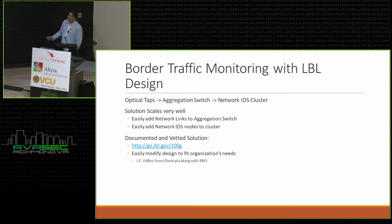All right, now one of my favorites, because I actually met the folks that developed it, is the Lawrence Berkeley Labs design. They published a paper. The link is here. It's a great paper. It's super technical, so if you want to eke out, check it out. It's really useful. Gives you a lot of great advice, whether you use their architecture or not, on doing network IDS. But essentially, they're doing optical taps to an aggregation switch